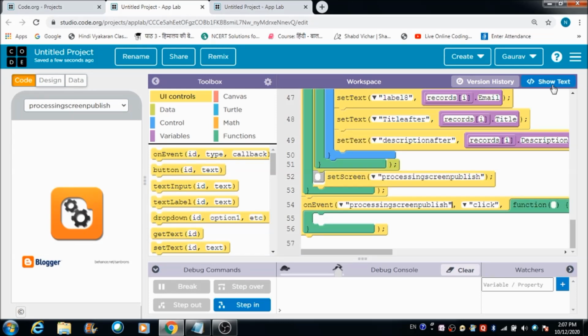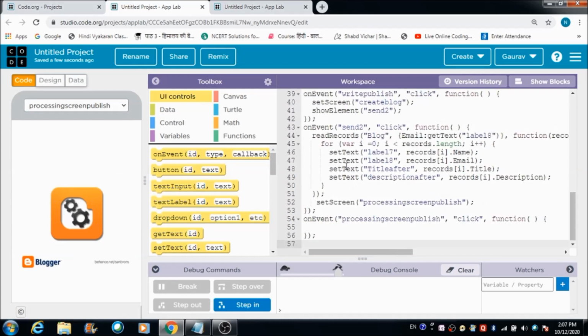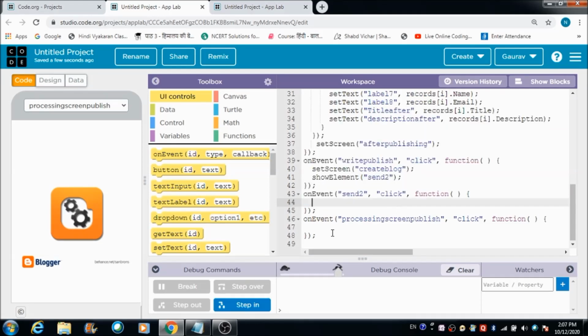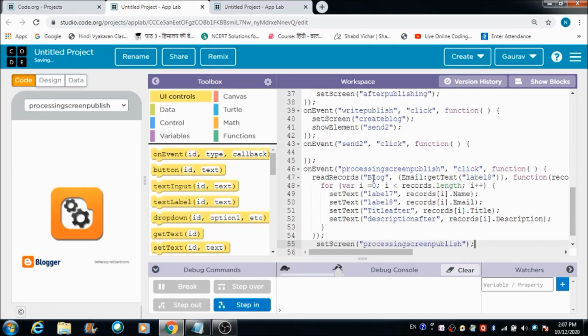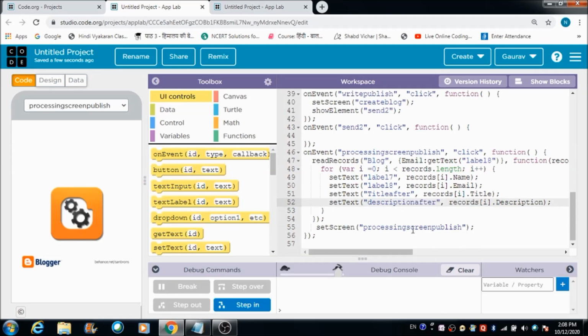So what I can do is, when the user hits this button, I would like to read the records from this block table. This is the code that I can make use of for doing the same. Once the user is done reading the code, label 7, I don't want anything to happen to these labels, or do I? Yeah, this code is also fine. This is also going to give us the right output, so we don't need to make any changes here.